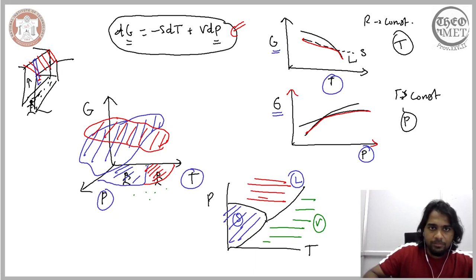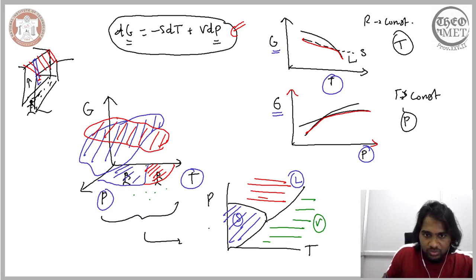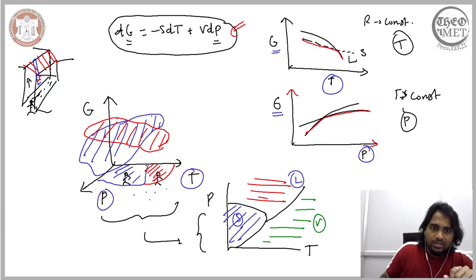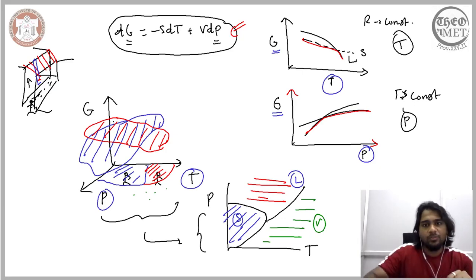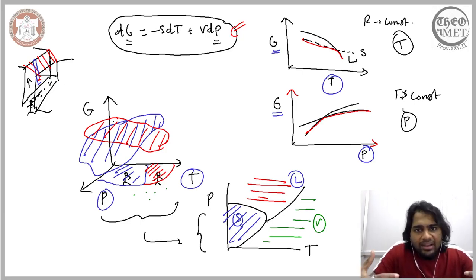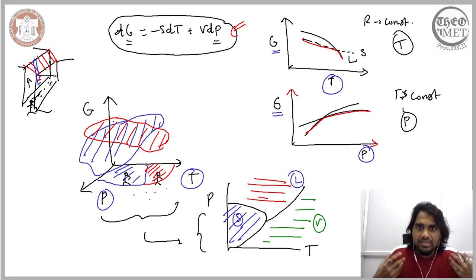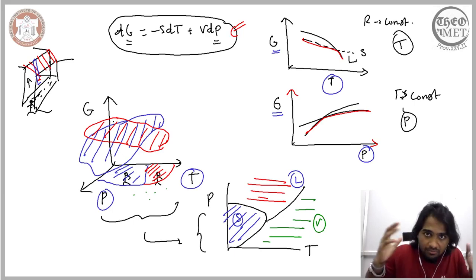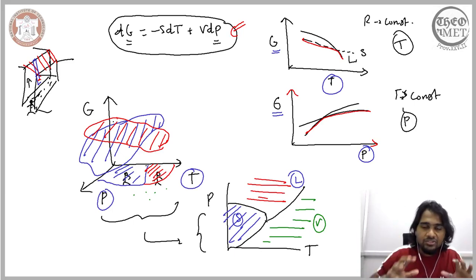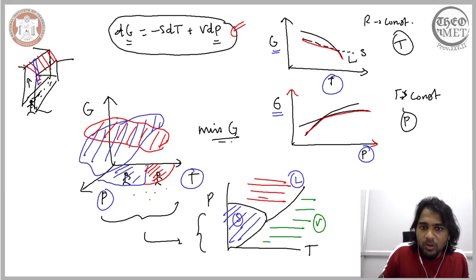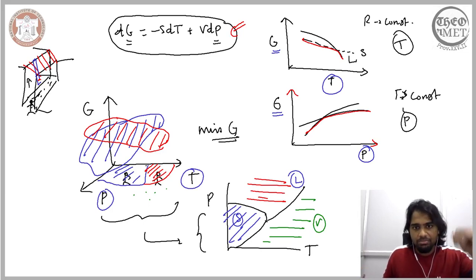So when we moved from this representation here to this one here, what we have essentially ignored is the values of the Gibbs free energy. Here, this z-axis captures the values of the Gibbs free energy. Now, for our intents and purposes, we ignored that value. We assumed that all that is important to us is to understand which state or which surface assumes the minimum most Gibbs free energy. So our interest was largely on understanding the minimum Gibbs free energy.